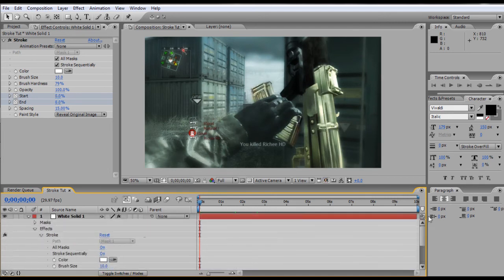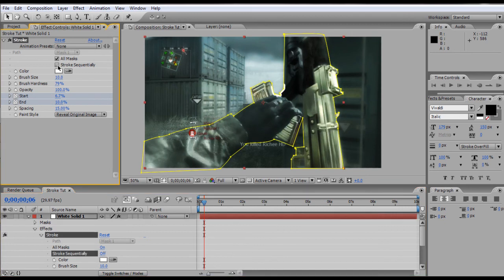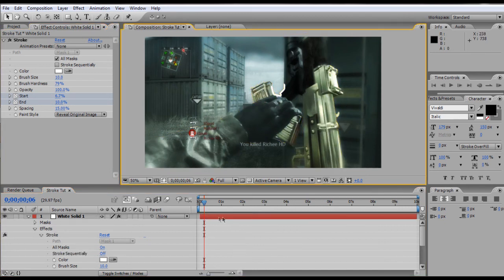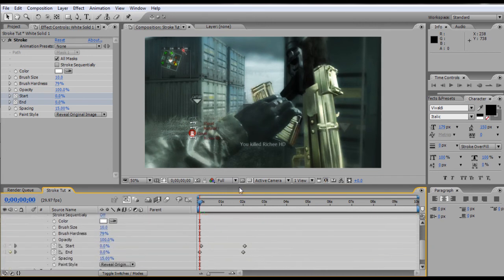And also, obviously, you could go and add multiple masks and have more than one thing stroking at once, if you want, and just tick all masks again. If you've got more than one mask, you want to mess around with this option, stroke sequentially, which what that'll do is if you've got, say, 2 things going at once, if you have that unchecked, it won't make a difference if you've only got one mask, but if you have it unchecked, they will both start stroking at the same time. If you have it checked, one will go before the other,